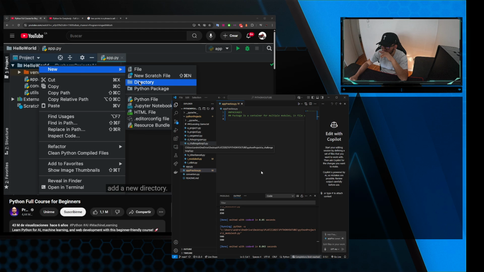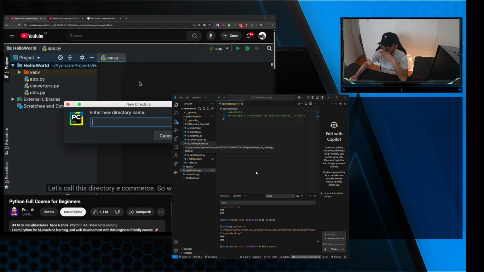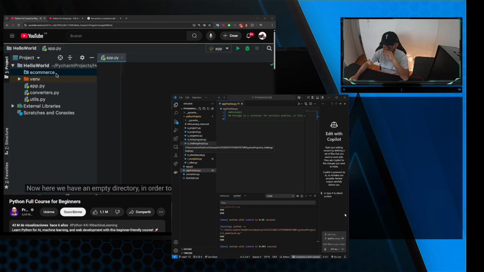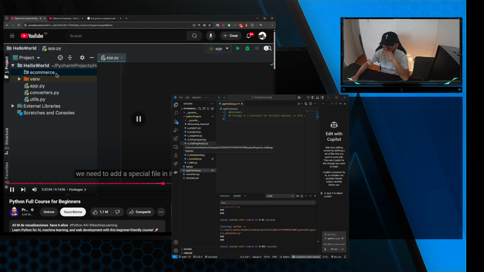Let's call this directory e-commerce. So we're going to create a package called e-commerce. And in this package, we're going to have all the modules related to an e-commerce application. For example, we can have modules for sales, shipping, customer service, and so on. So let's go ahead. Now, here we have an empty directory. In order to convert this to a package,